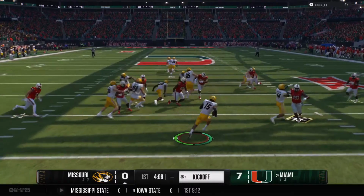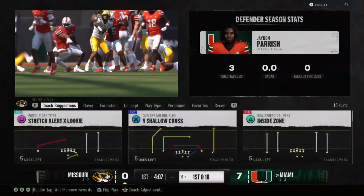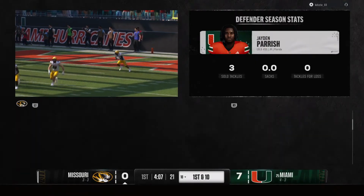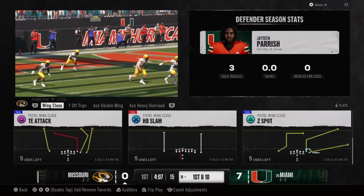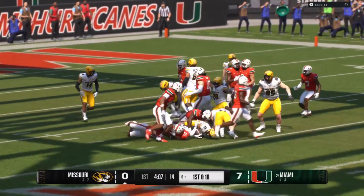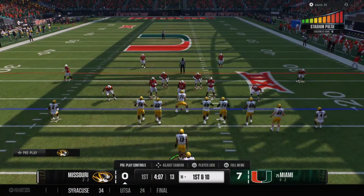He'll bring it out. It's Lawrence. He was looking for some running room, but not much to be found as he stopped at the 18. This crowd going to try